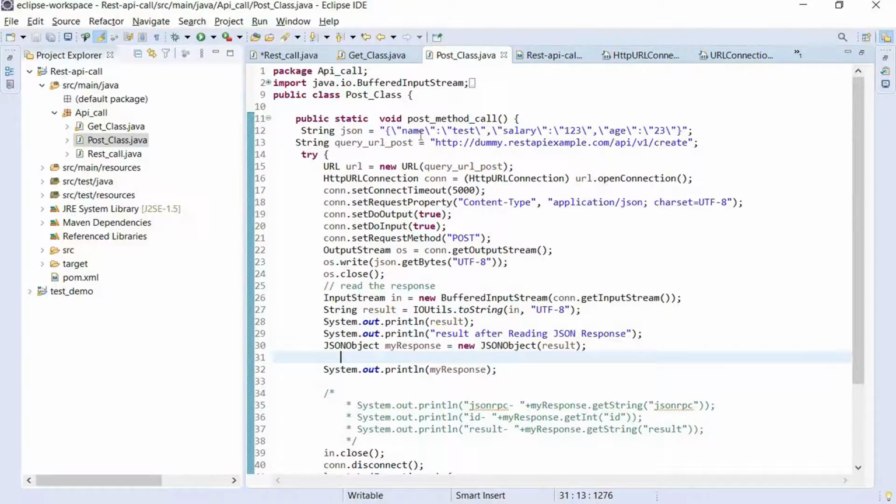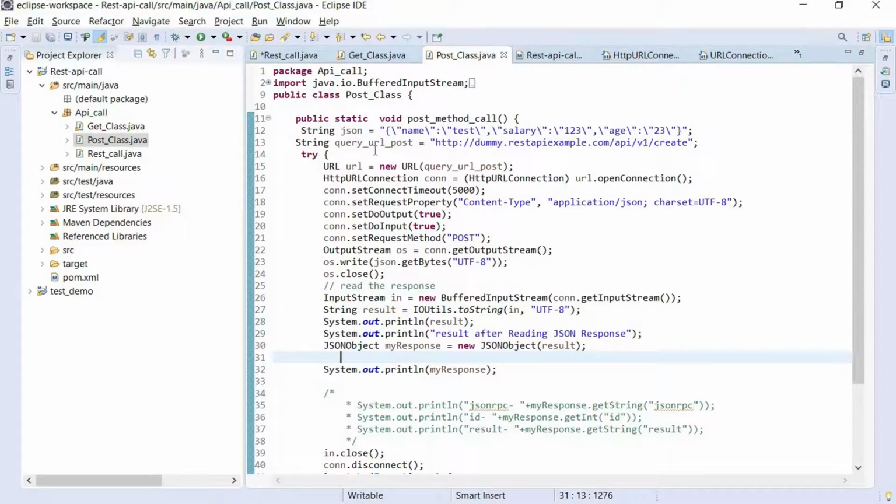So we are going to convert this JSON object, that is your JSON request, into a string. It is the same as I have defined here. You just have to paste your JSON into the double quotes. It will accept that.